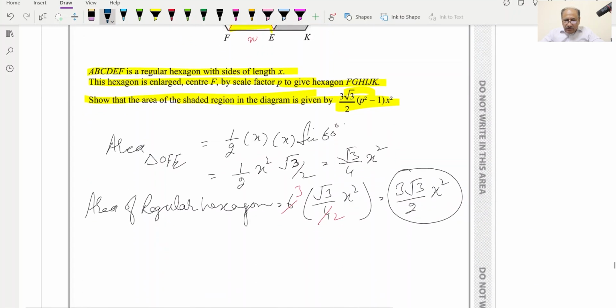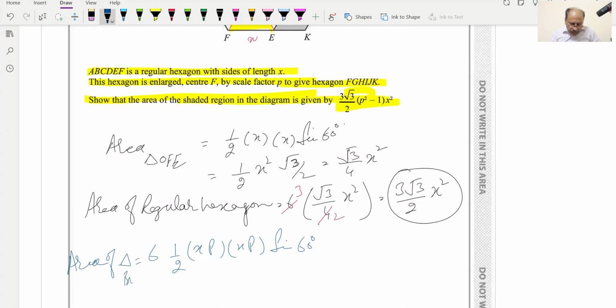So we will be replacing basically in the same area. This will be equal to 6 into 1 by 2 into xp into xp, and this will be sine of 60 degrees. Area of triangle,